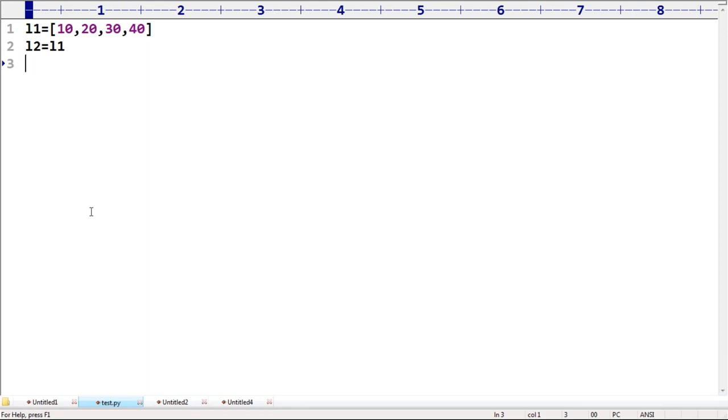Because of these two lines, how many objects are there? Subrat Kumar, take special care. Forget about internal elements. Please consider this total thing is one list object. I'm not talking about how many elements are inside the list. Like that, how many list objects are there? Can you please confirm?